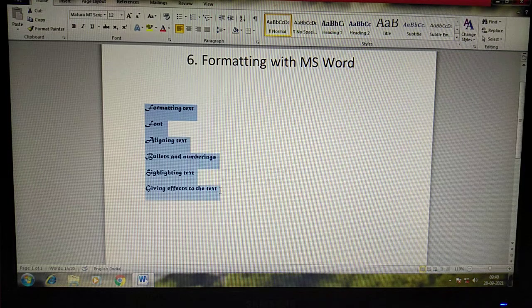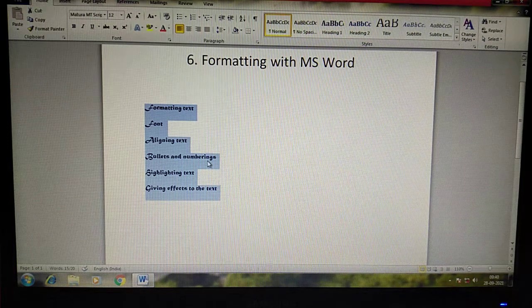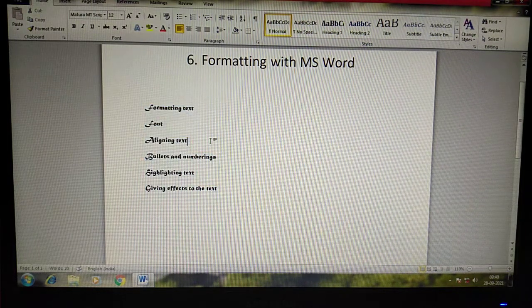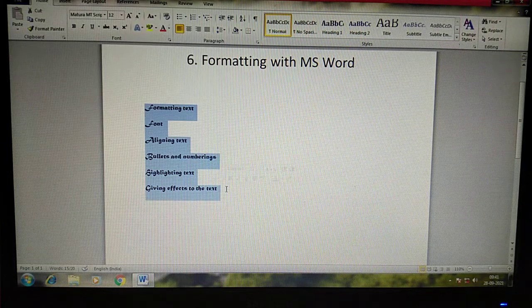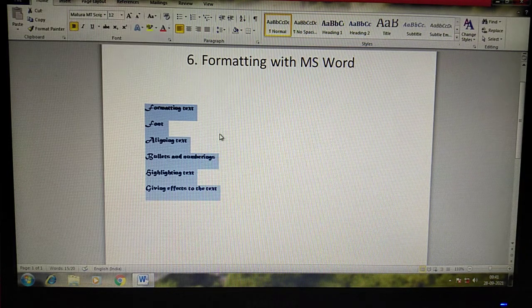Next, making the font bold, italic and underline. See, it is in normal state now. I need to make it bold, means darker. Yes, in the font group it has the option bold. Even we can use the keyboard Ctrl+B also. Can you see the changes?